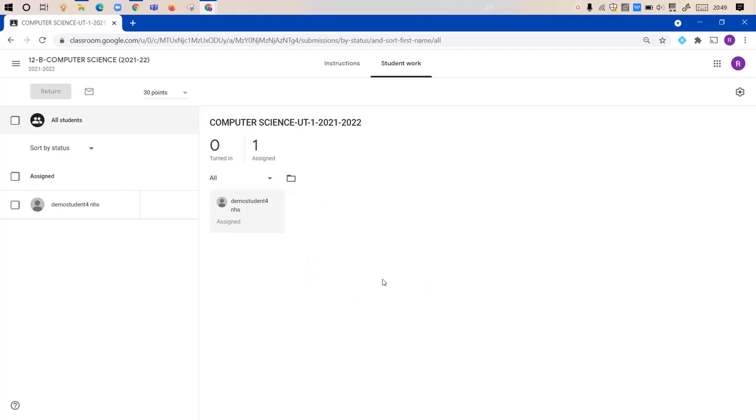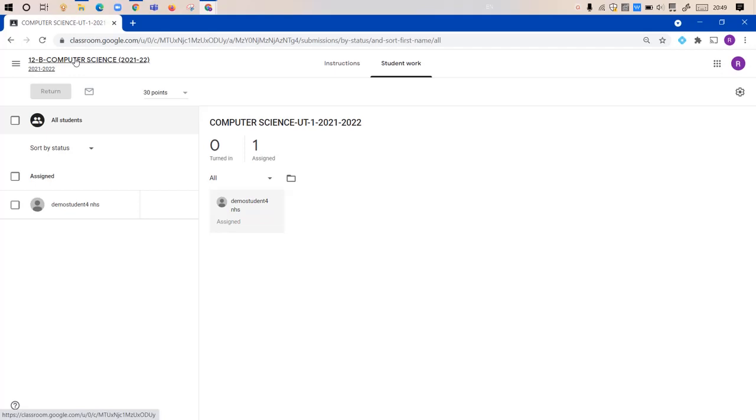There is no other student available here. That means the exam paper or the document that they have uploaded will not be visible in their own classroom. So once it is not visible to them, they will not be able to edit that document by unsubmitting and resubmitting. So this is what you have to do.